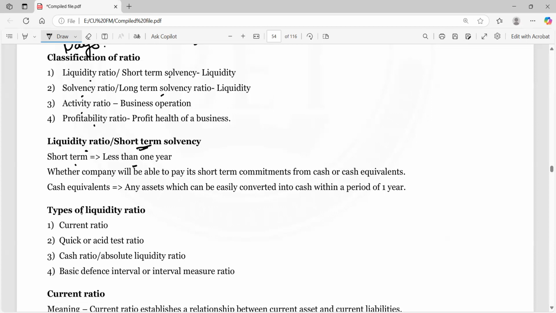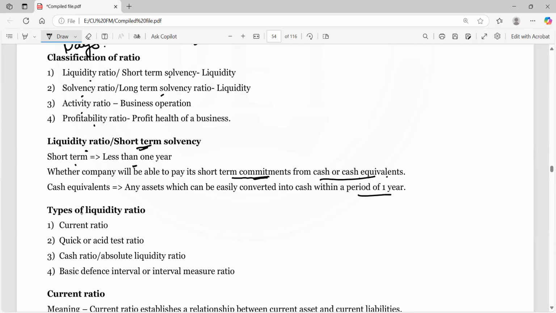So liquidity ratios measure whether a company will be able to pay its short-term commitments from cash or cash equivalents or not. So what are all the short-term commitments for an organization? They have to pay their creditors. They have to pay their bills like electricity, telephone, accounts payable. So these are all the short-term commitments for an organization. Liquidity ratio measures whether the organization is having sufficient amount of cash and cash equivalents to pay off these short-term commitments or not. Cash equivalents include any asset which can be converted into cash within a period of 1 year. It includes your cash, cash equivalents and bank balances, inventory, receivables and